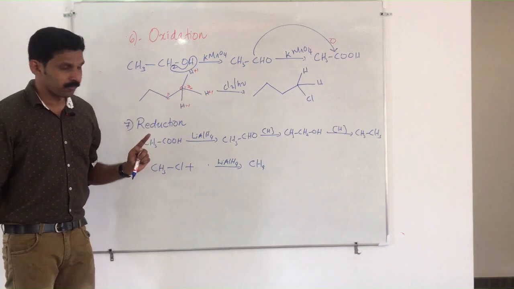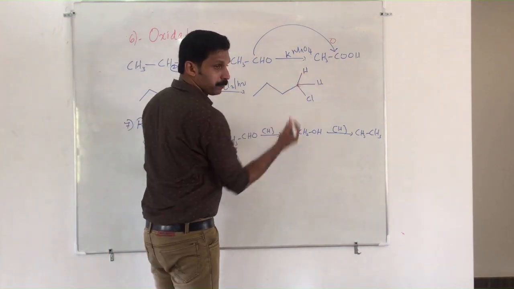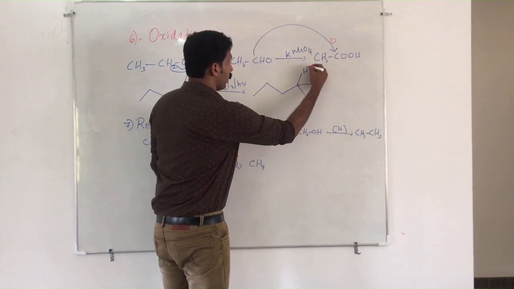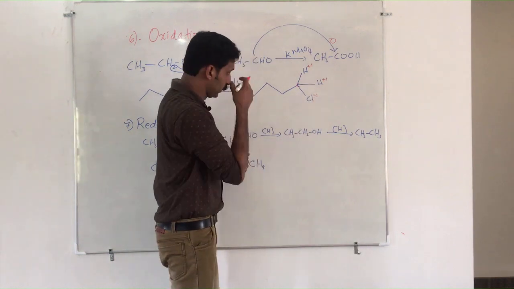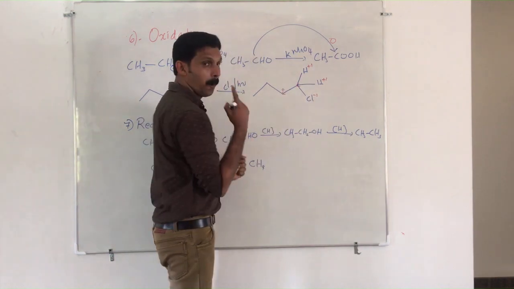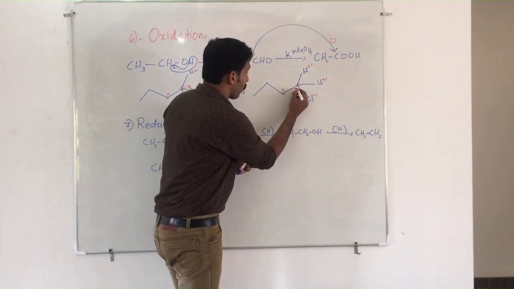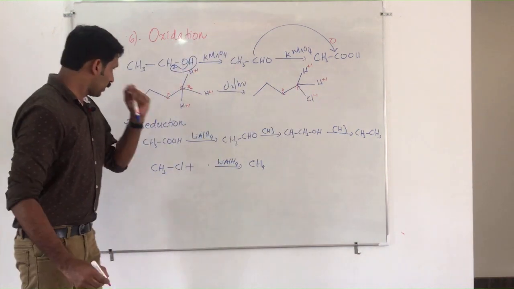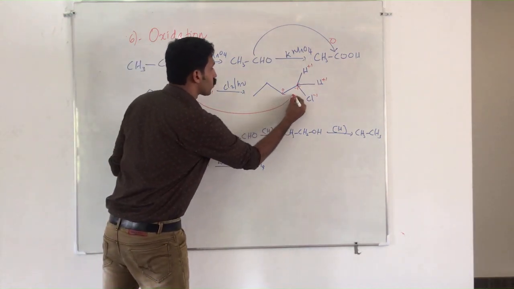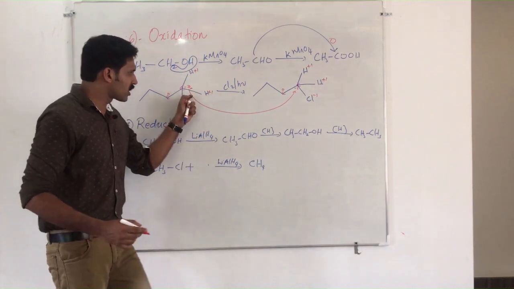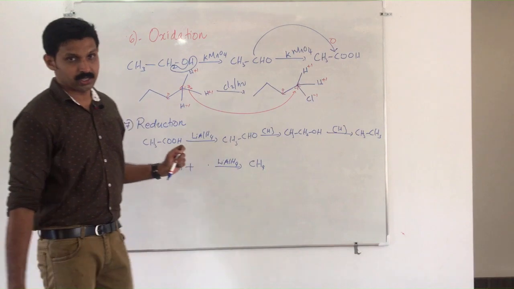That is -3. When it changes to this one, you can find that here again carbon, H has +1, again +1, chlorine has -1. This carbon you take as 0. If so, the oxidation state of carbon here you have to take as -1. That means during this reaction, -3 oxidized carbon goes to -1 oxidized carbon. Oxidation state increases. Again, I can say that it is an oxidation reaction.